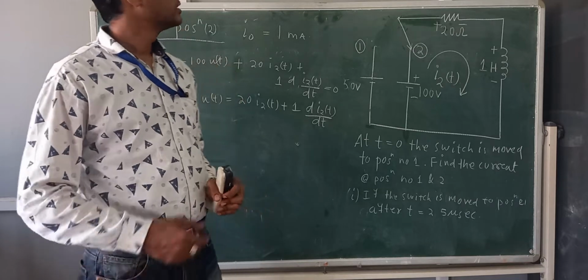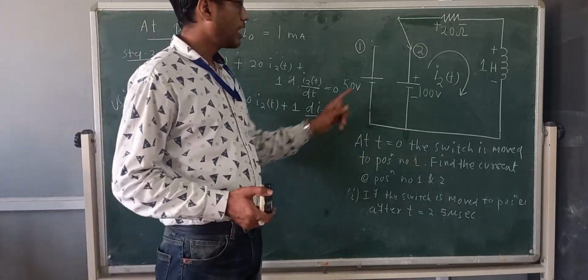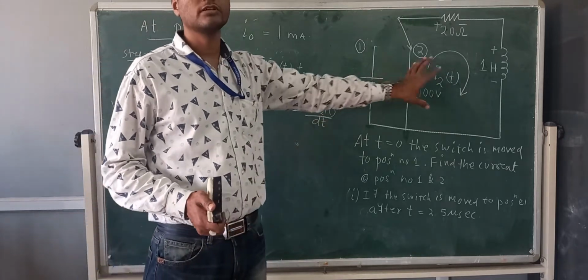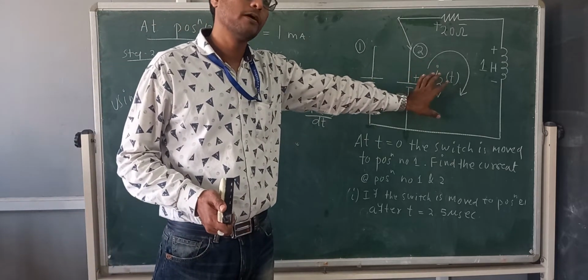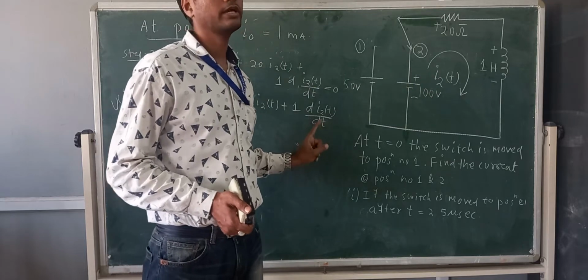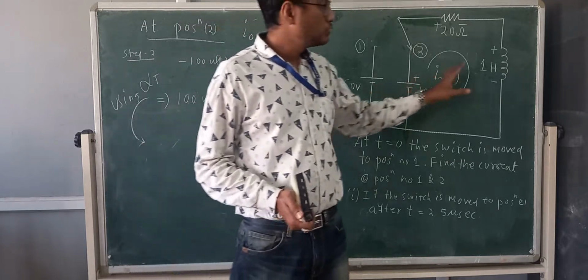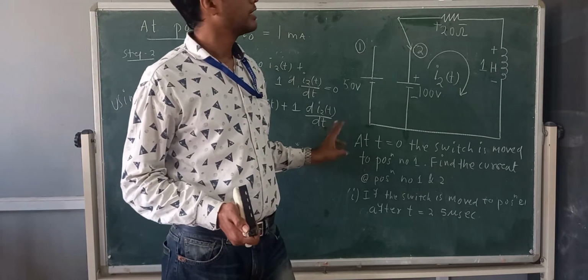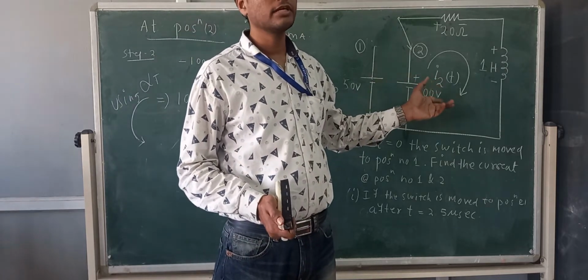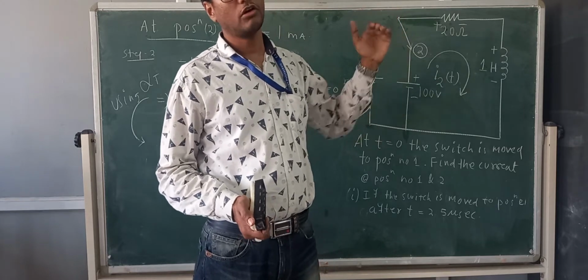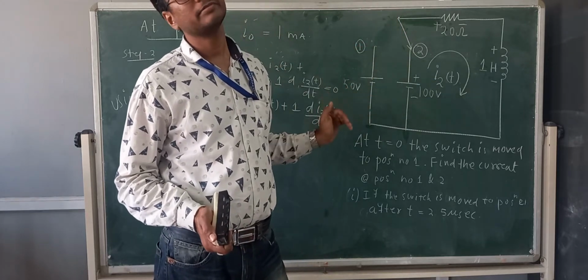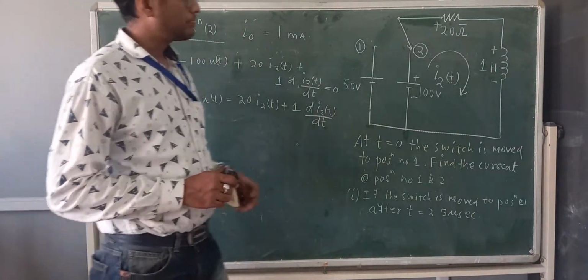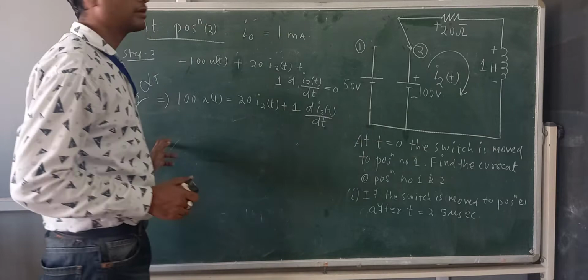algebraic form. Suppose one energy storing element is there. So what is the order of the system here? Order is 1 here. If there are two energy storing elements, order will be 2, second order. If 3, third order. To solve a higher order differential equation is very difficult, but if you can do the Laplace transformation of this equation, then you can find it easily.